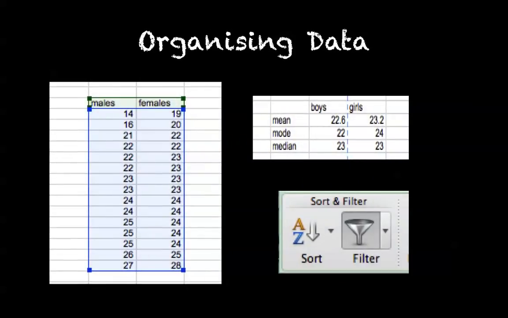In terms of organising my data, using Excel I was able to sort my sample into categories, being boys and girls. This was achieved by using the filter tool in Excel. Then using the sort tool I was able to organise my data into ascending order. Finally, using average, mode and median formulas on Excel, I was also able to accurately calculate the raw data into mean, median and